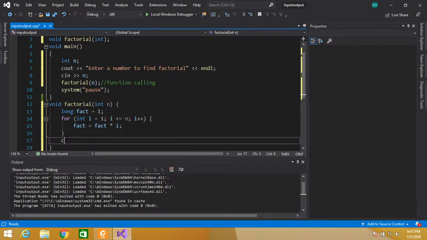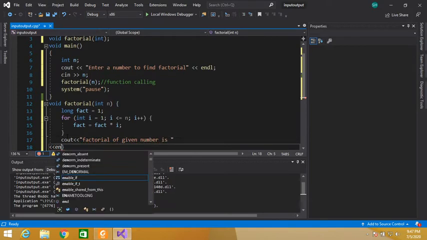After calculating the factorial, we have to display it on the console window. So: "Factorial of given number is".